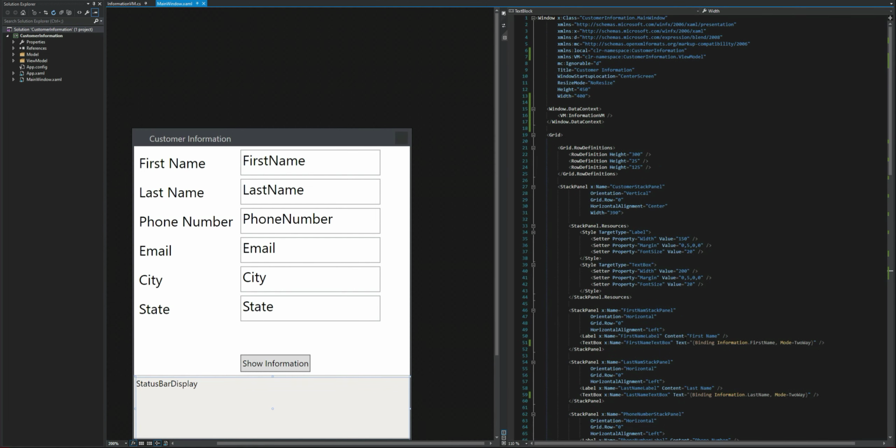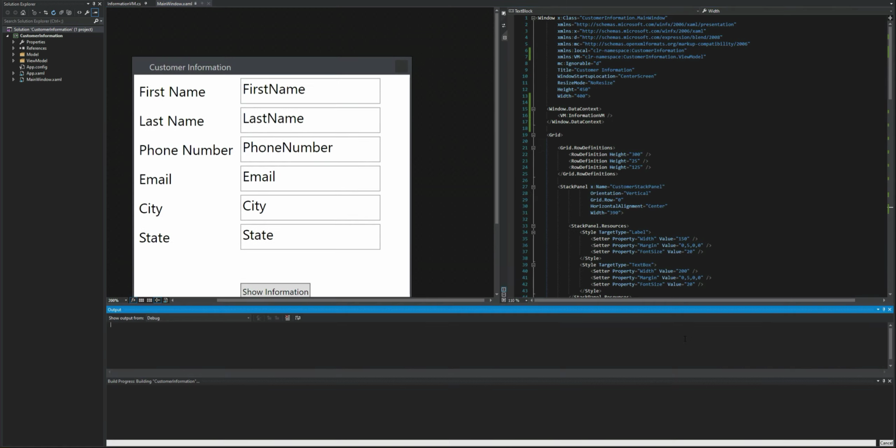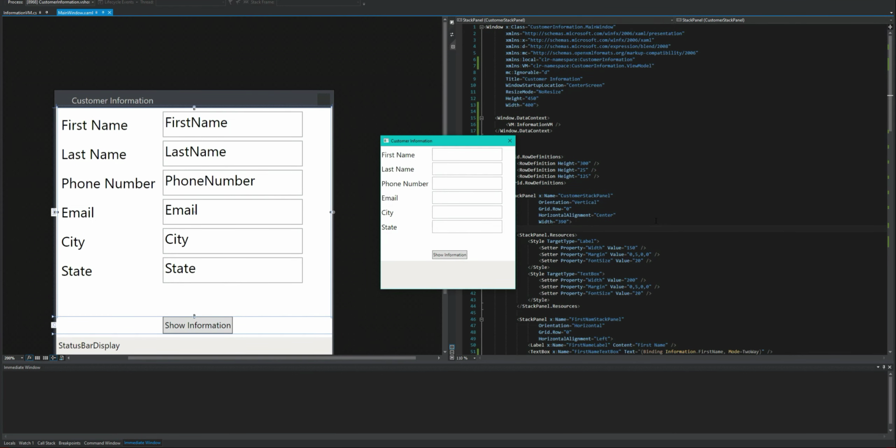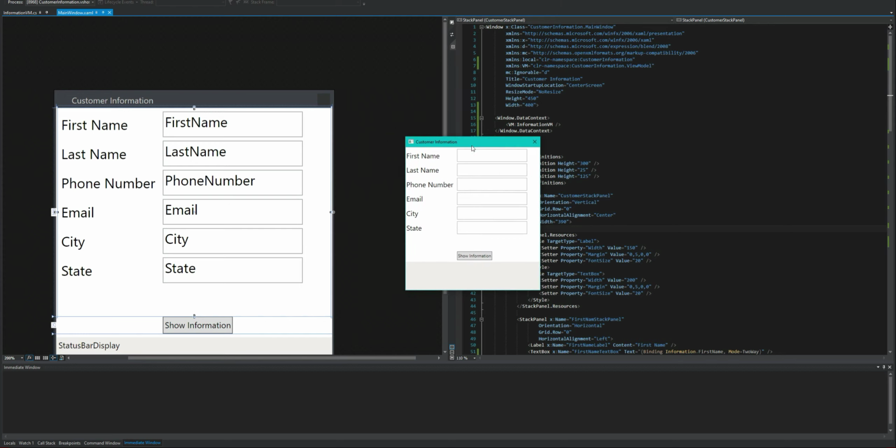So the last thing to do is demo. We have to check it out. We have to run it to make sure it works. So let's go ahead and run our application. We're going to wait a little bit while it compiles and builds, and here we go. We have our application. So let's say our first name is first, our last name is last, our phone number is